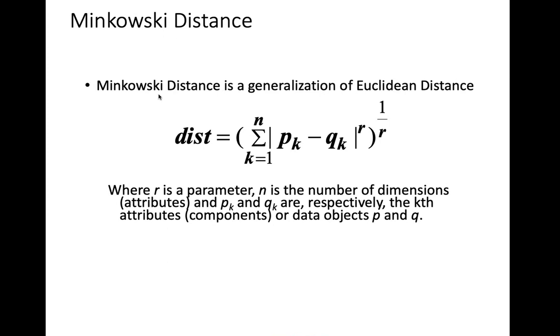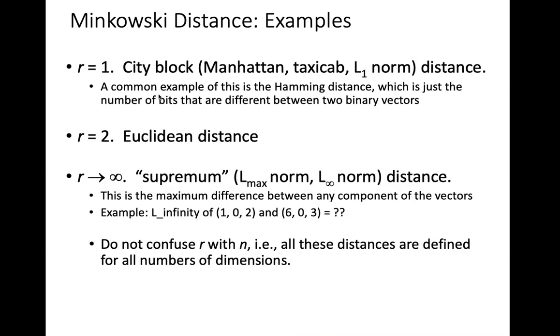So if you look at that R, earlier what was the power of 2? Okay, and 1 over power of 2 in the Euclidean distance. So this is now generalized for a large set of dimensions as well as for the number of orders. And for various R values, you can see here how we are having some very valid kinds of distances. So this is quite a useful one.